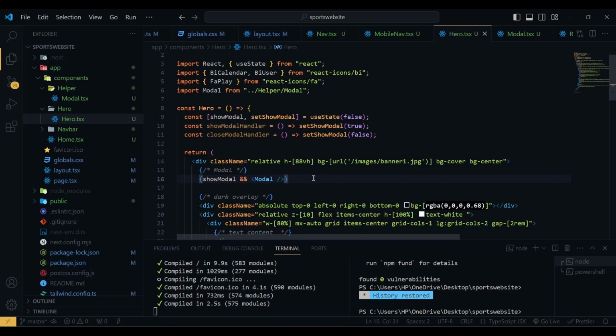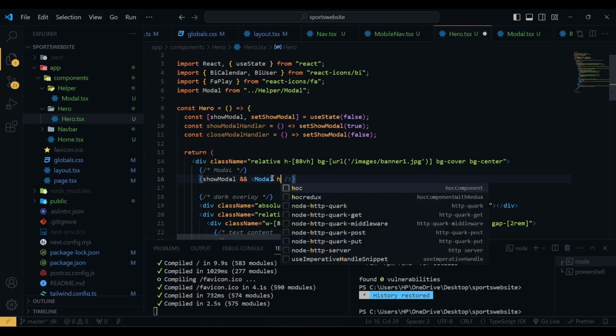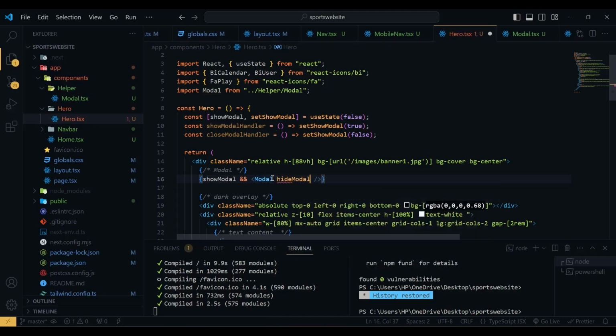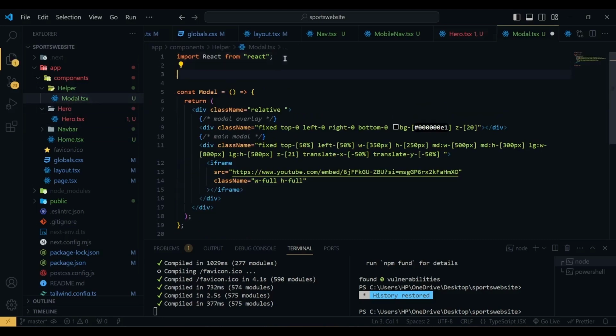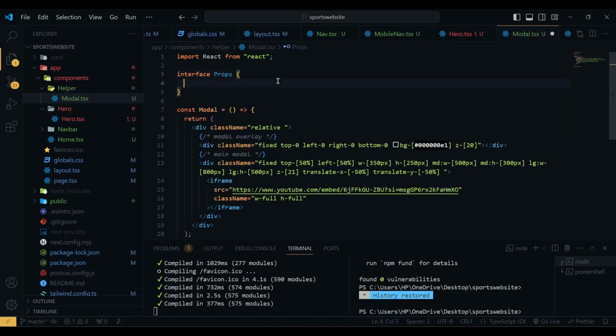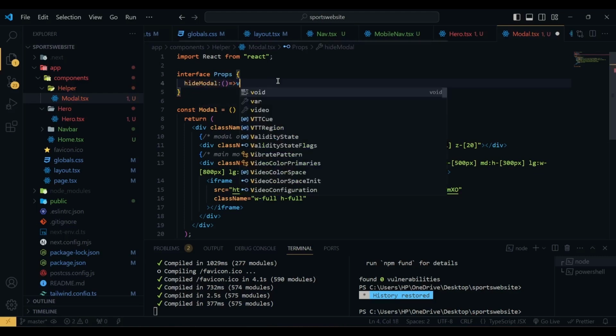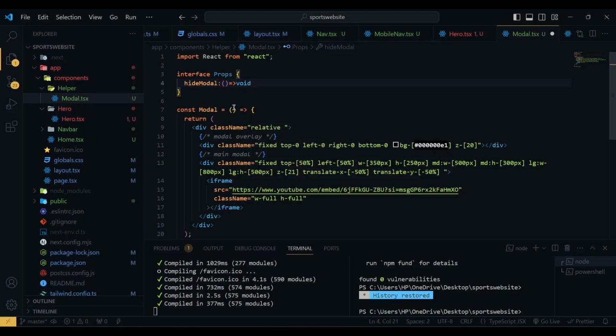Now we have to pass some props in our model. So here we are going to pass the hide model props, and here we are going to pass the close model handler. Now we have to declare the proper type for our props. So I'm going to the model.tsx, and here interface props, and here we are going to receive the hide model, which is a function that returns void. Now I'm going to pass these props here